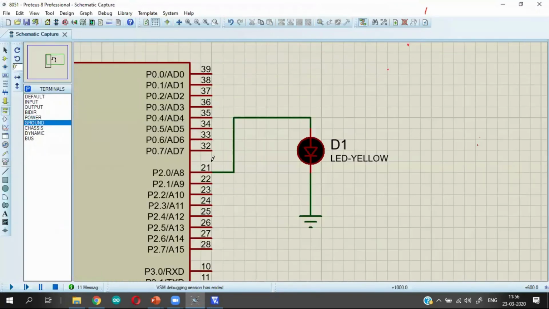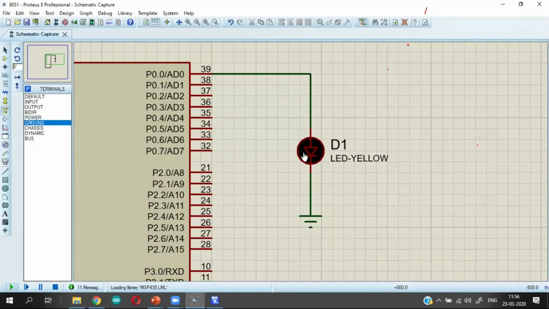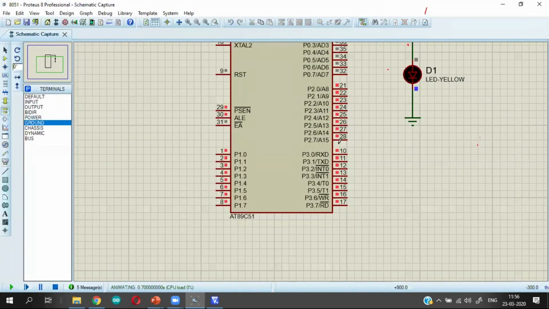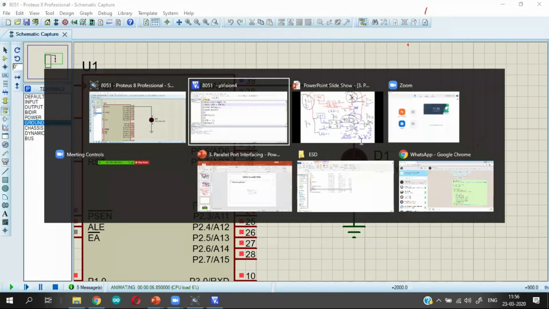I'll connect this fellow now to 0.0 and change this to 0. See, this is a 0. 0 is working perfectly all right, but 1 is not working.